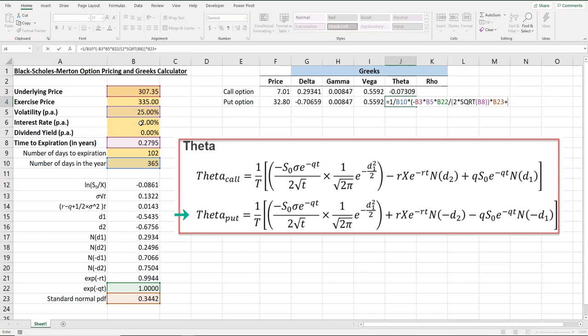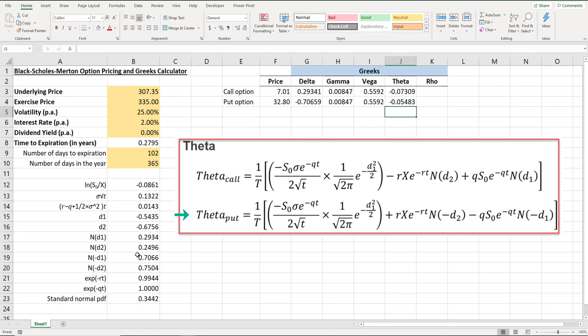So we plus the risk-free rate, which is in B6, times the exercise price, times B21, times B20. So that's for the second term. Then for the last term, we'll minus, starting with the dividend yield in B7, multiplied by B3, multiplied by B22, and multiplied by B19. So close the bracket, and then we have our final figure. So the theta for this put option is negative 0.05483. So we can interpret this as every day passes by, the put option price is estimated to decline by about